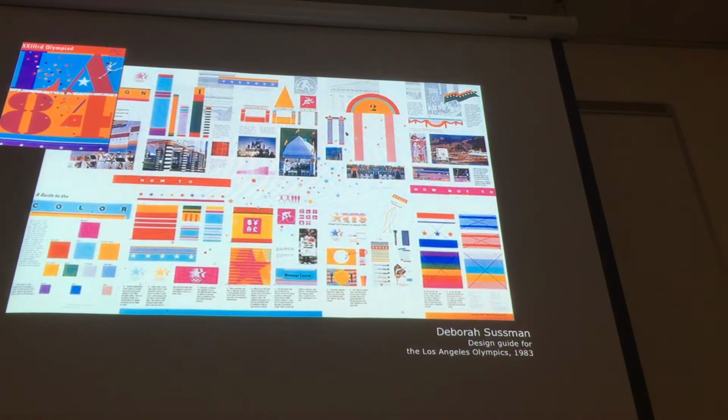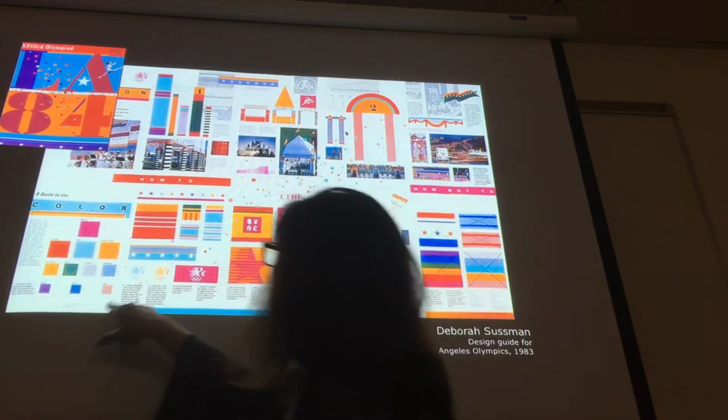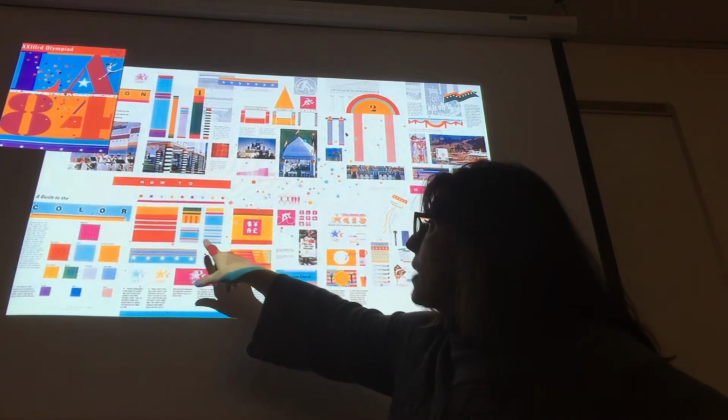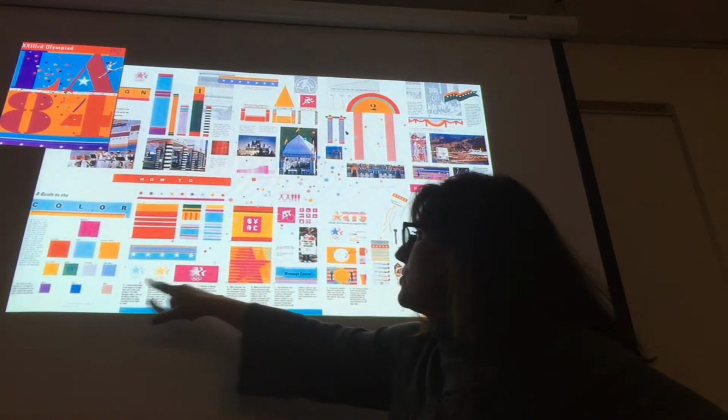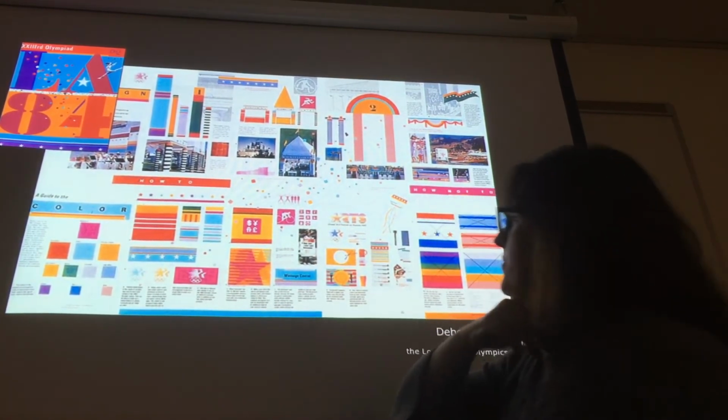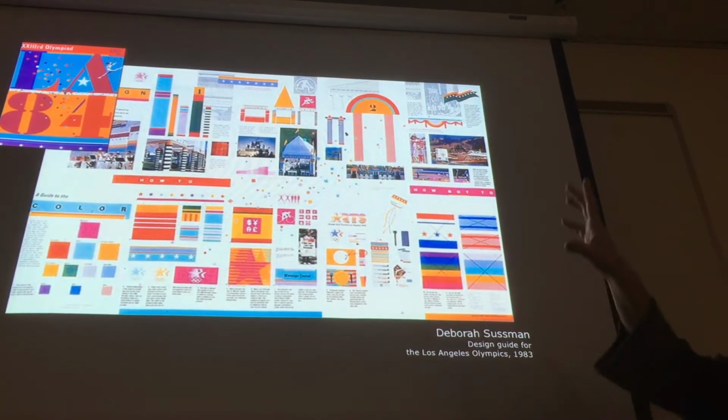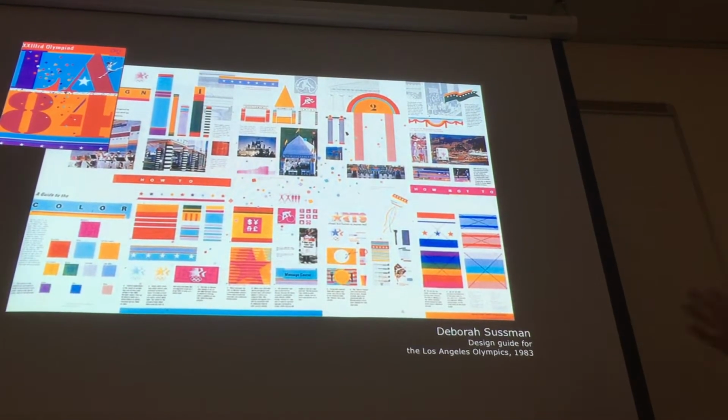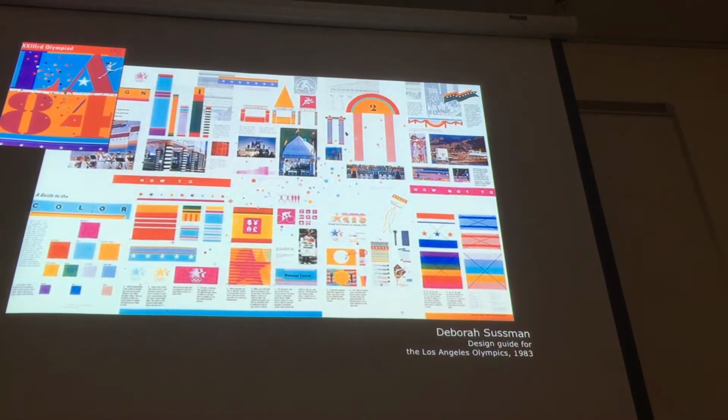So Deborah Sussman chose to create a palette that was very, very simplistic as far as colors. She chose these very bright, stunning colors to work with. She chose a palette of stars and stripes, essentially using this whole color palette that she had developed here, and integrated them over and over again in the things that she did.